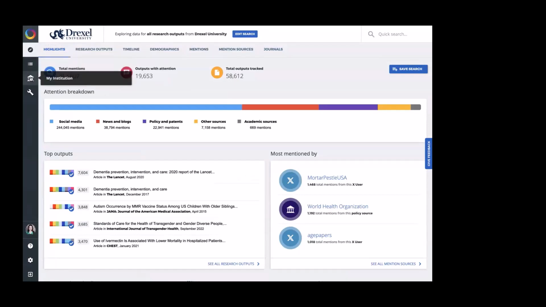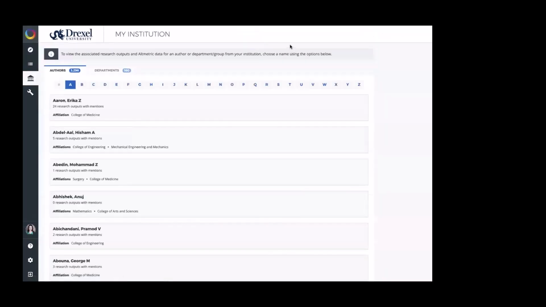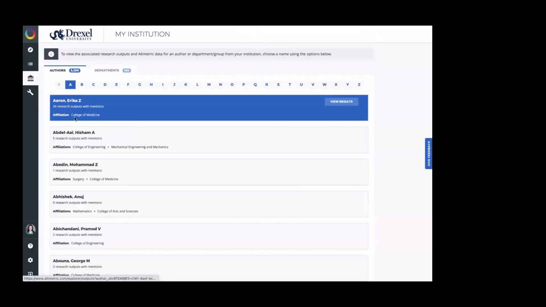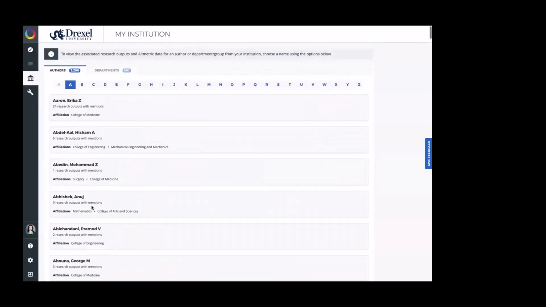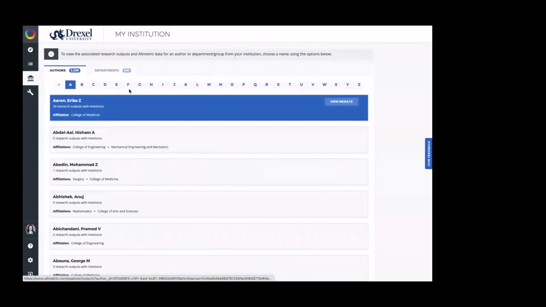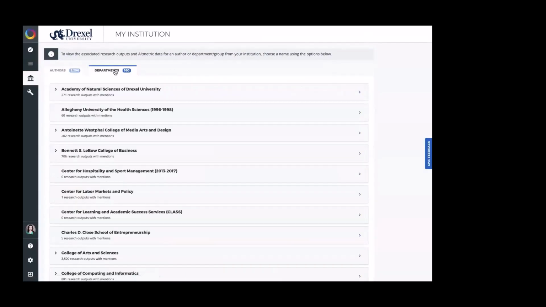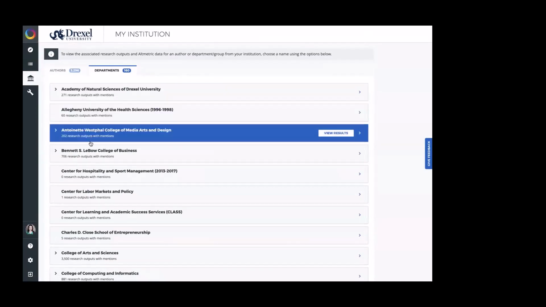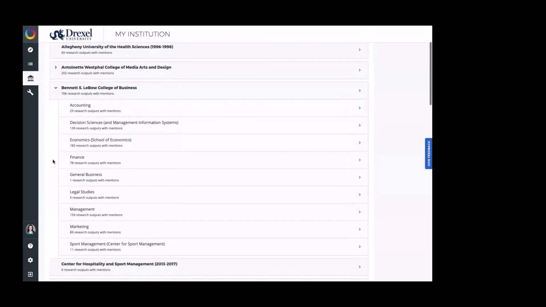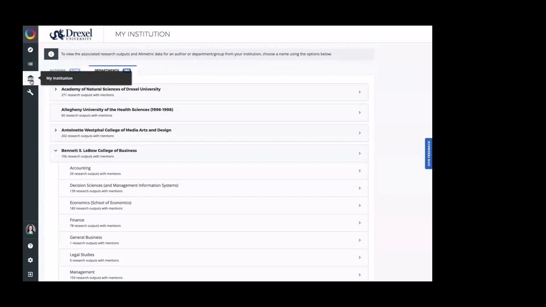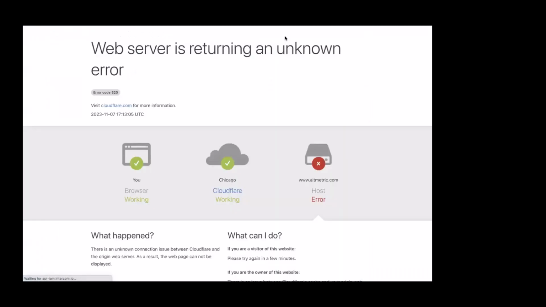First, I'm going to click over on this My Institution little Parthenon icon here. And there is this big, long alphabetical list of all of the faculty and researchers' names. You can also view this breakdown by department level as well. So perhaps you want to look at your entire department, not just at yourself. You could come into this section and see those different departmental breakdowns. So that's one way you could craft your search. But if I go back to,